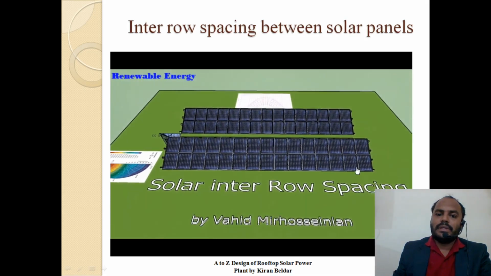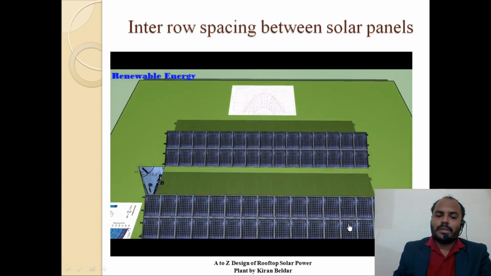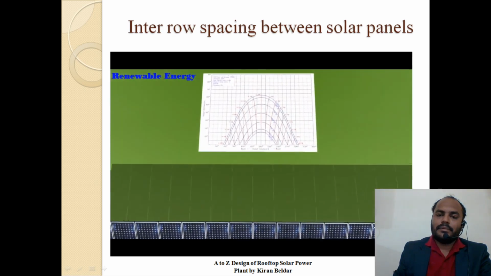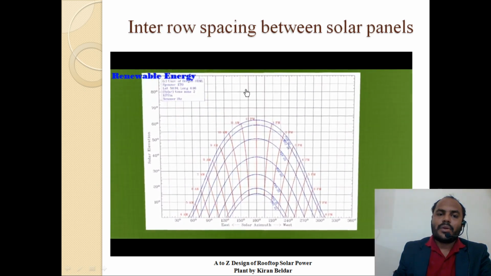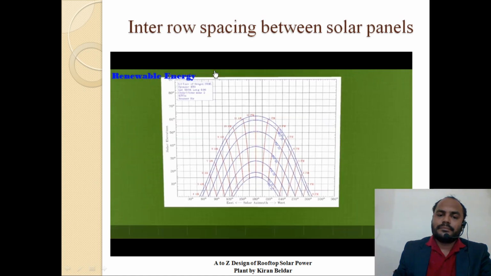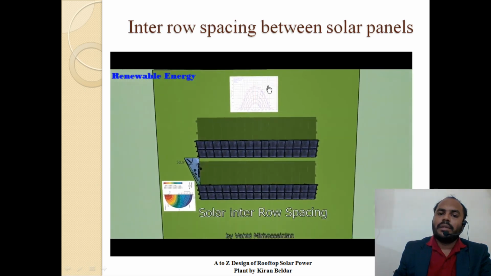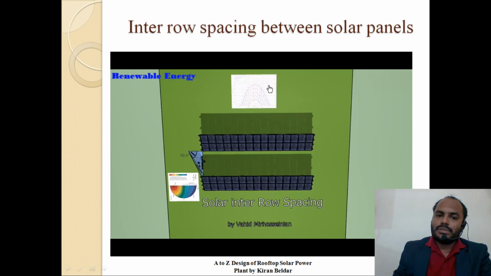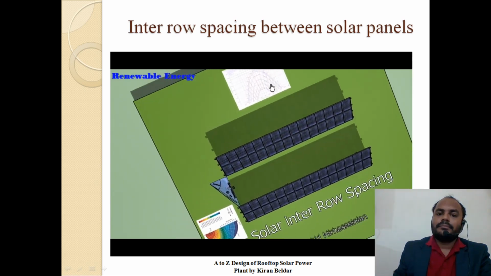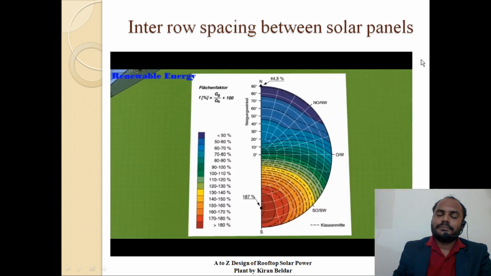This is specifically an animation of inter-row spacing between the solar panels. According to this sun path chart, we are calculating the azimuth angle and altitude angle of the sun. By knowing the azimuth angle and the altitude angle of the sun,